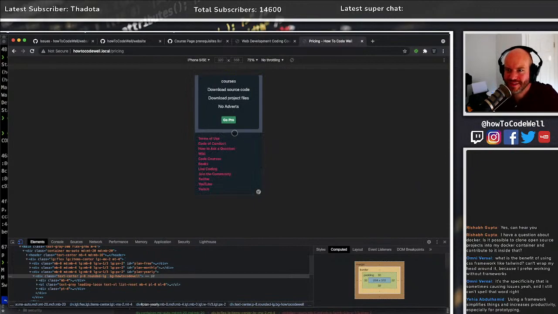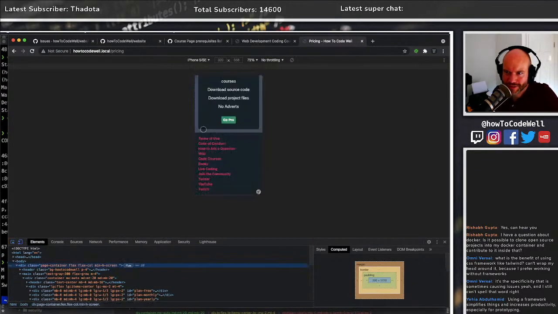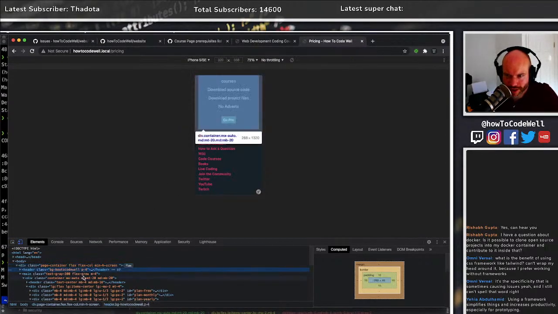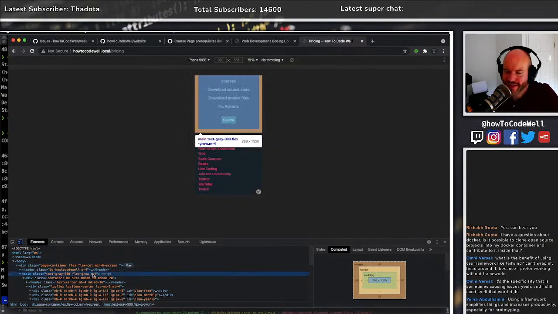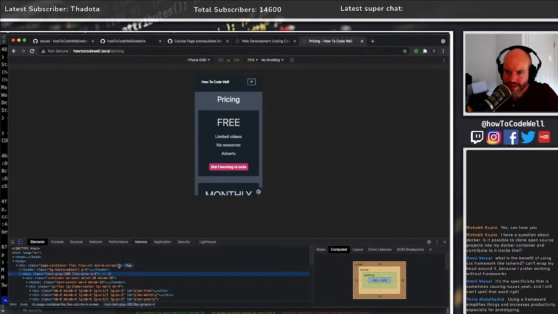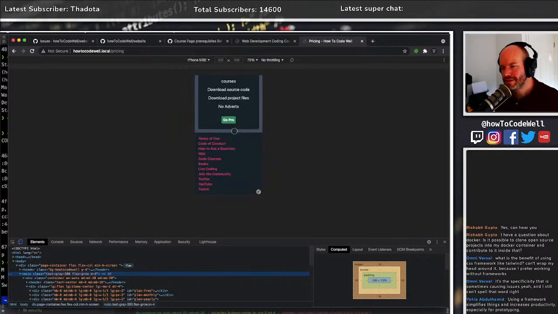Yay, there it is. That should now be wrapping around with our margin of 4, which is here. Sweet. And that should be the same from the top of there upwards. Yes, it is. Good. Okay, that's done.